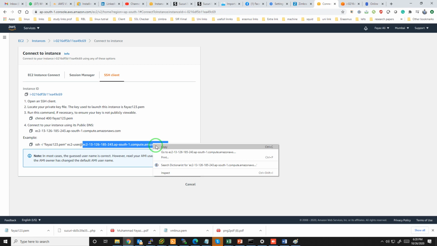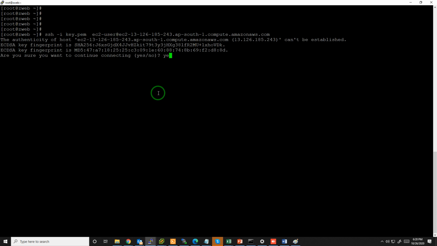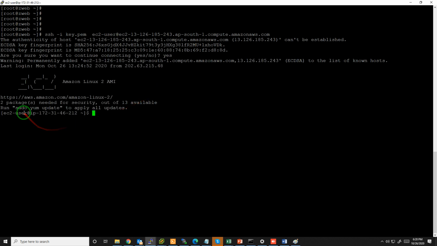Just copy it and paste it. Let's see if it connects. It seems to be connected. Yes, we have landed on our EC2 instance successfully.